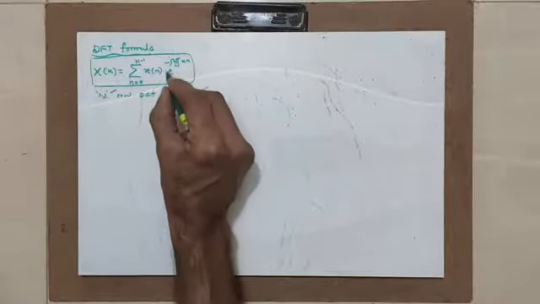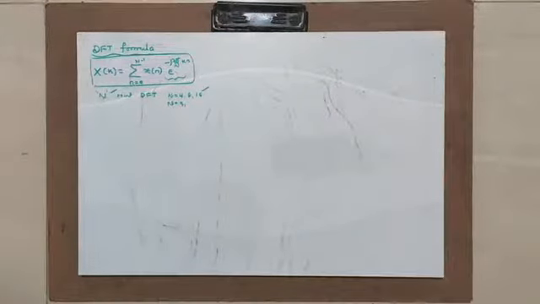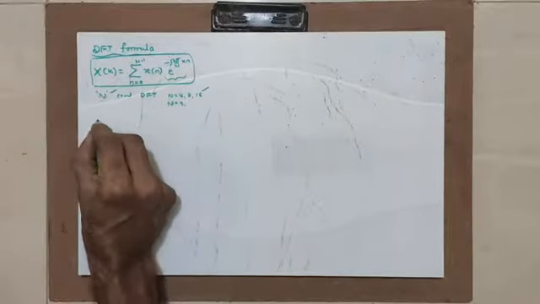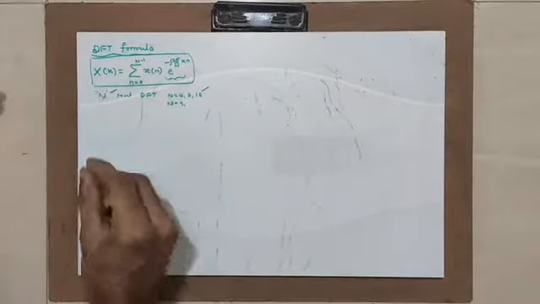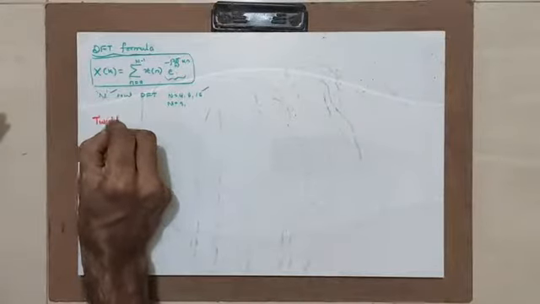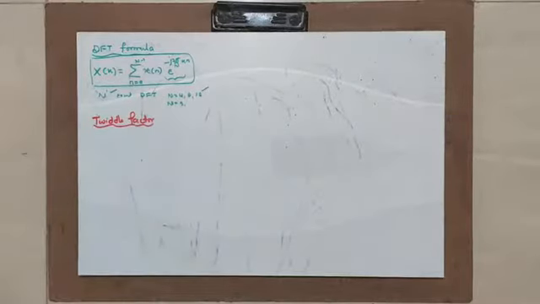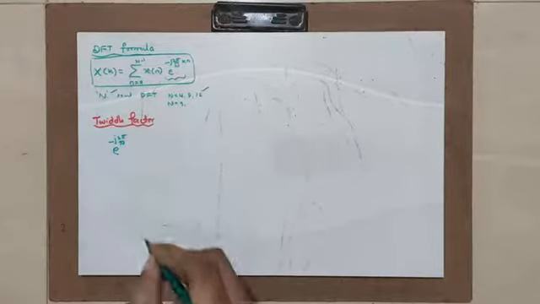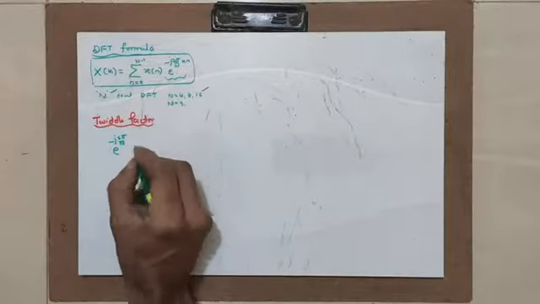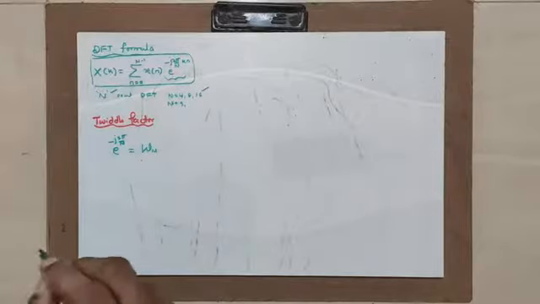Now in this, especially we will concentrate on this part, which is e raised to minus j 2 pi by N into kn. Okay, first let us see what is the twiddle factor. Here I will consider a factor called the twiddle factor. Here e raised to minus j 2 pi by N is called the twiddle factor. We generally denote this as WN.